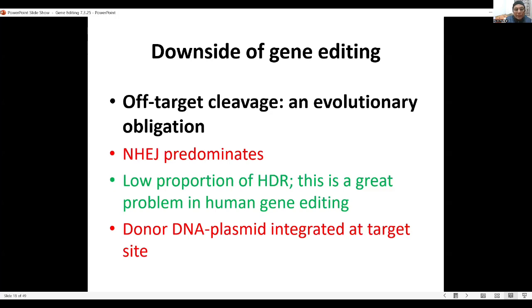The occurrence of off-target editing has been minimized by genetic engineering of the site-directed nucleases. But this possibly cannot be eliminated totally because